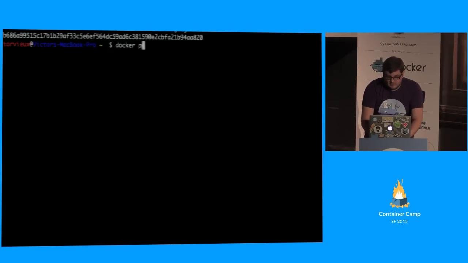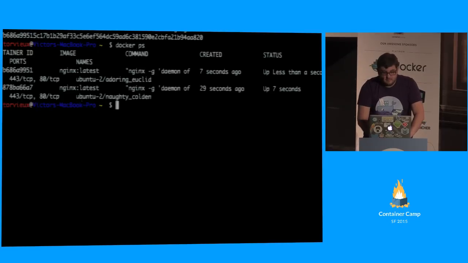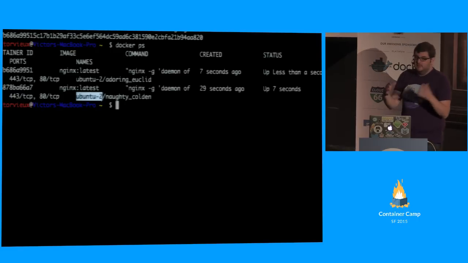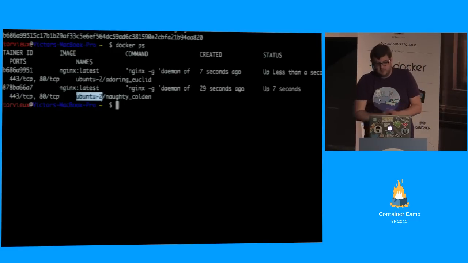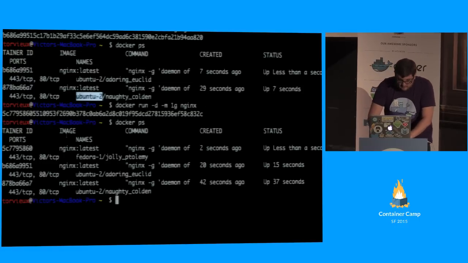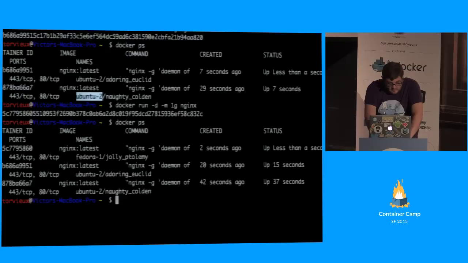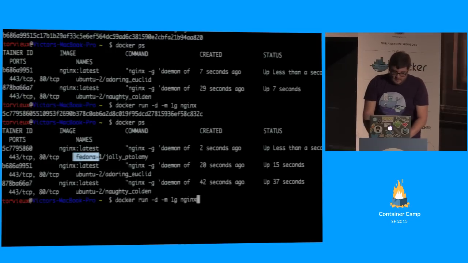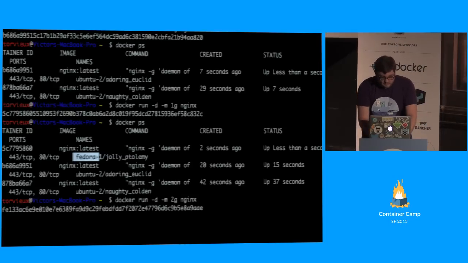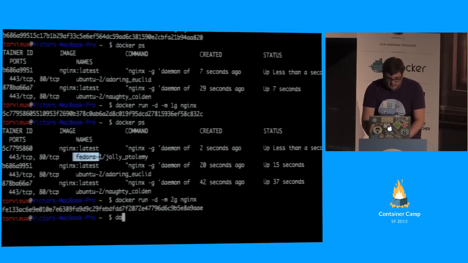I can start another container, and as we have chosen the bin packing strategy, this container is also going to end up on Ubuntu 2, because as I said, with bin packing, we try to put as many containers as possible on one machine, so the others are empty. If I start a third one, it's going to choose any machine that is available, empty, so in this case, Fedora 1. And now if I want to start a 2 gig container, here Fedora 1 has only 1 GB of memory left, so this one will go to a third machine, which is